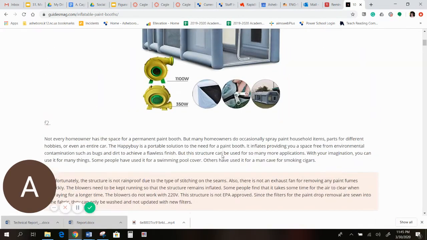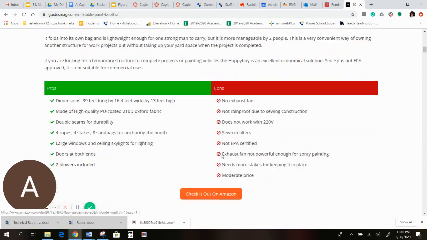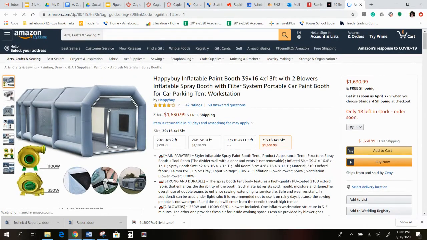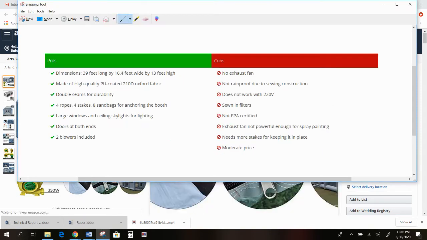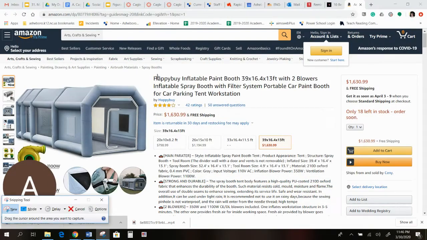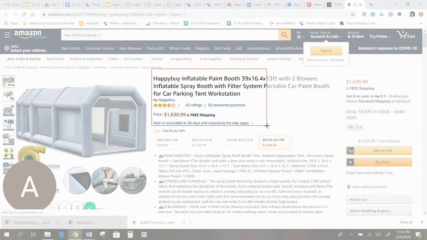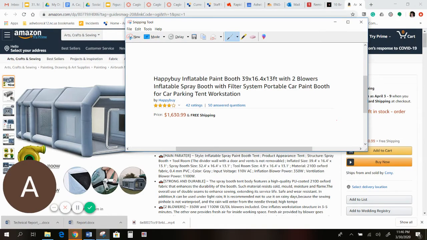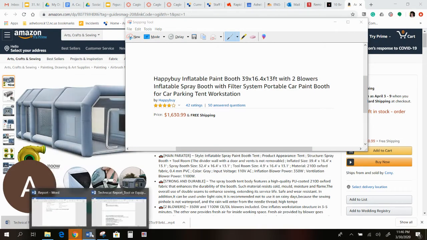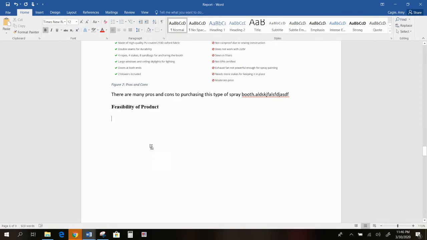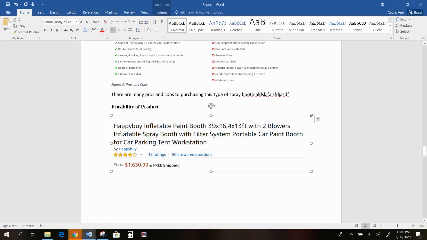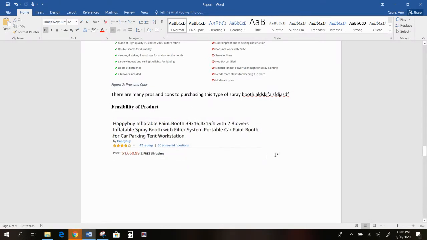So I found a picture of the cost. We're going to check it out on Amazon. That's where it is. Use your snipping tool because it's the best. Obviously, he didn't use this particular type, but I'm kind of working on the fly here just to show you the different components. So it's good to include a snap of where you can buy the product for the cheapest,